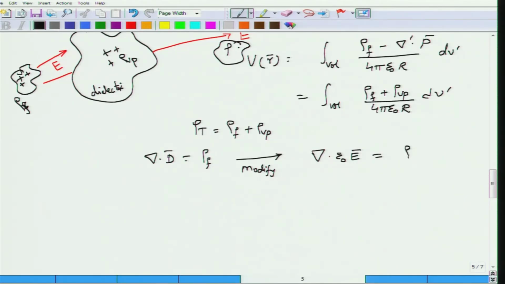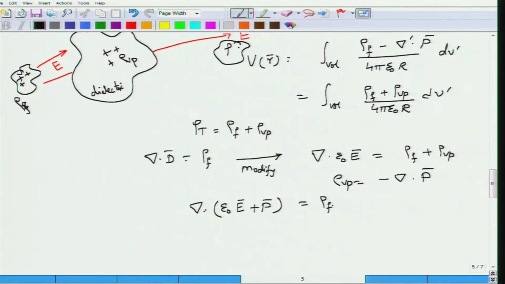This would be equal to rho F plus rho Vp now, right. So with this I can move this rho Vp back into the left hand side because rho Vp is still minus del dot P, and if I do that I will get del dot of epsilon 0 E plus P, okay,